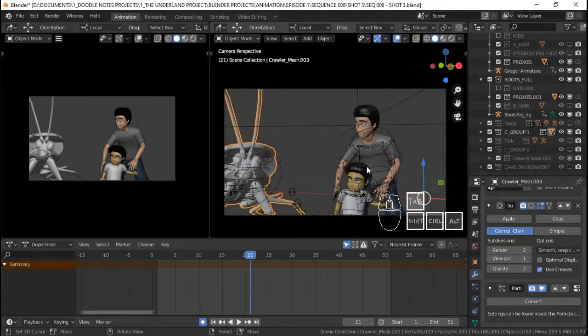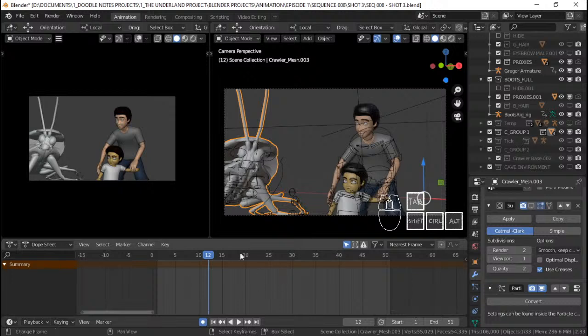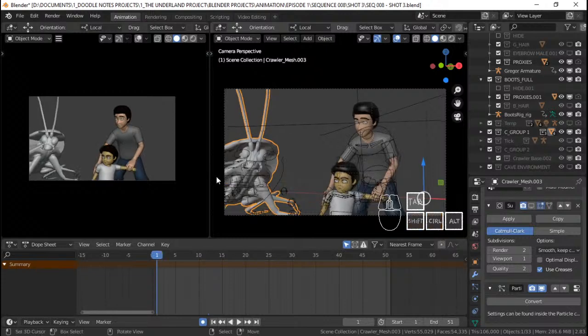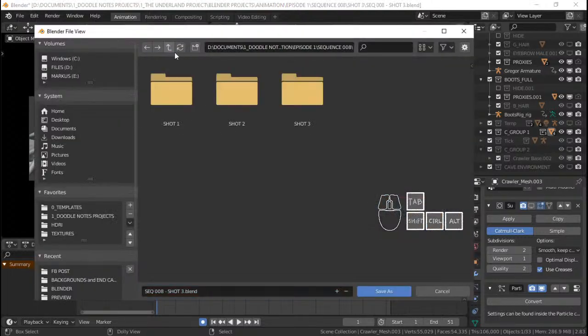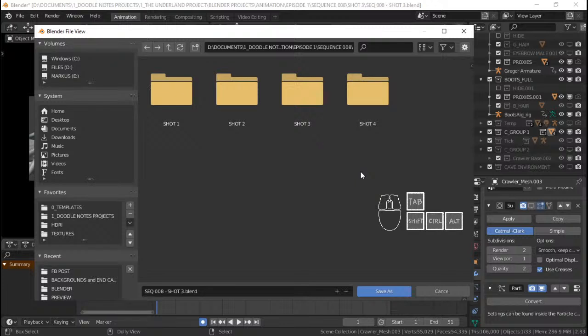I still need to do some refinements for this on a refinement stage later on. So for shot 4, I'm just gonna Control Shift S, and then I always separate each shot into its own folder because I'm pretty sure I'll be creating many backups of that shot, and I want to find them in one folder. So each sequence will be one folder, and then for each